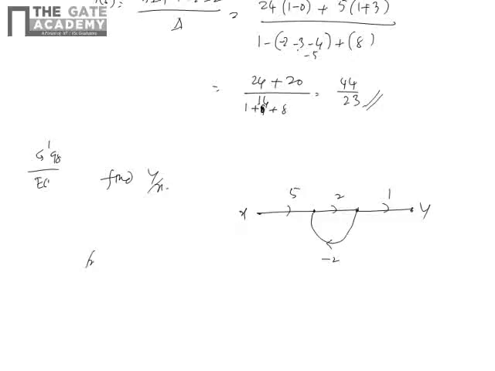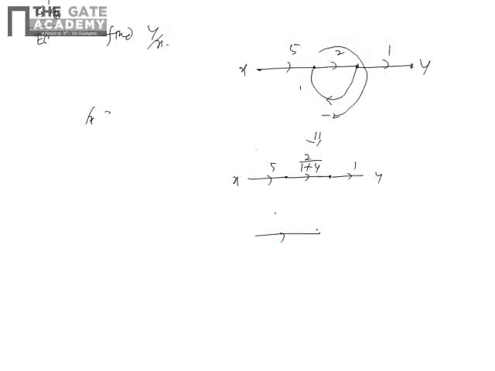Y by X equals, so this is a closed loop, so we can simplify. This is 5, you will get 2 by 1 plus 4 into 1, this is Y, this is X, so 10 by 5 you will get 2. Finally, 10 by 5 you will get 2, so Y by X equals 2. So like this, very simple problems they asked